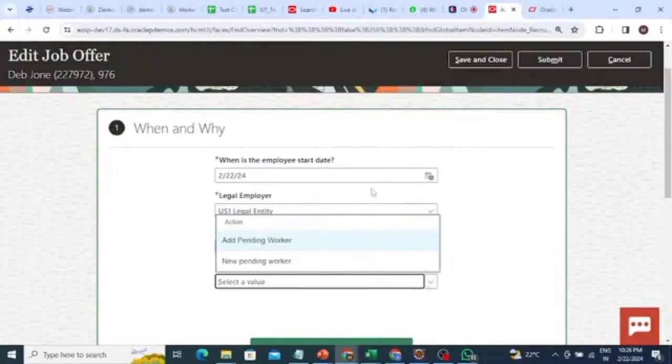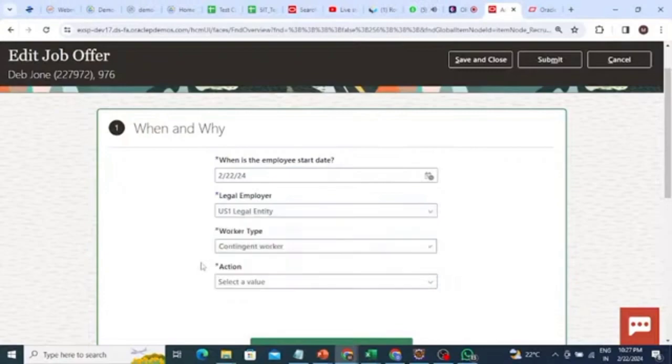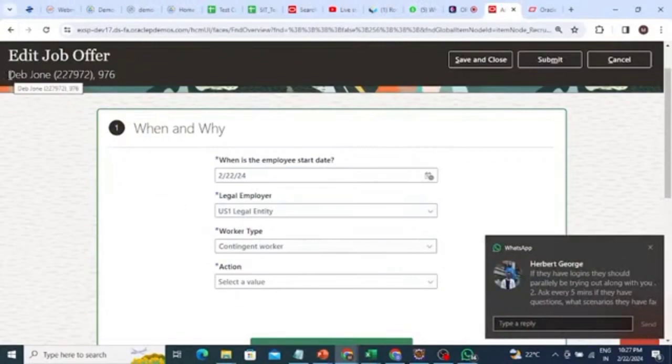candidate, this candidate is an external candidate. This Dave John is the external candidate. That's why it is showing add pending worker and new pending worker. But the candidate who is applying for this requisition, if this candidate is an internal candidate,